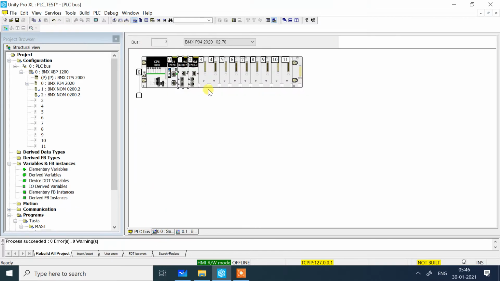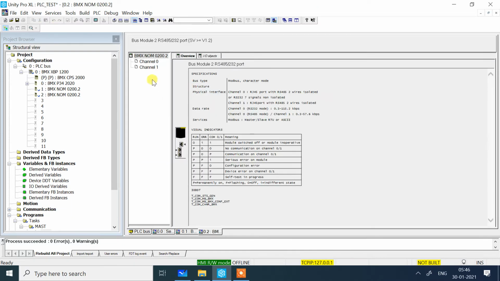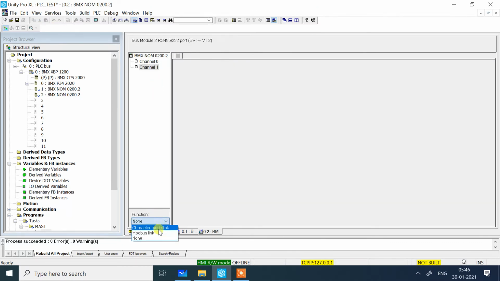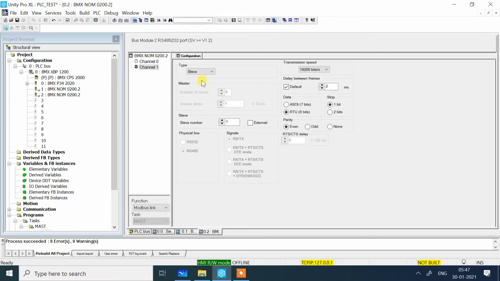Similarly, go to Modbus NOM card 2. Here I will also configure channel 1 with the same parameters, changed to master. Transmission speed is 9600. The default delay between frames is 4 milliseconds.